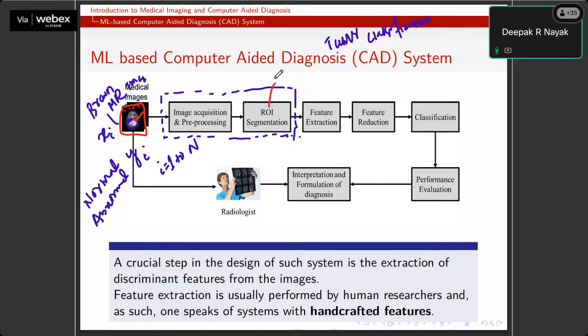Again, this problem can be solved using supervised algorithms, and also using unsupervised algorithms. But unsupervised algorithms are sometimes not that accurate, so probably you need supervised algorithms. Supervised algorithms for segmentation need X as well as Y. So ROI segmentation is possible if the segmentation map, or the mask, is given to us.